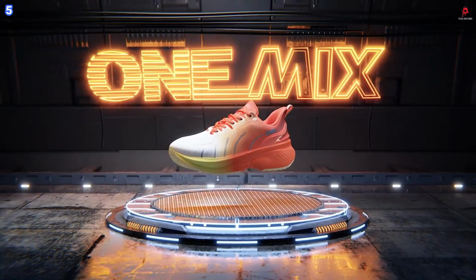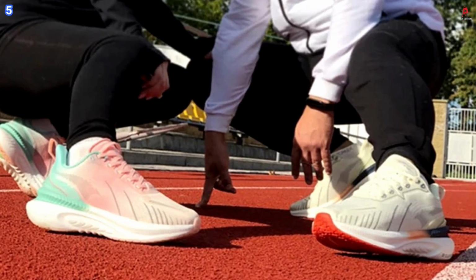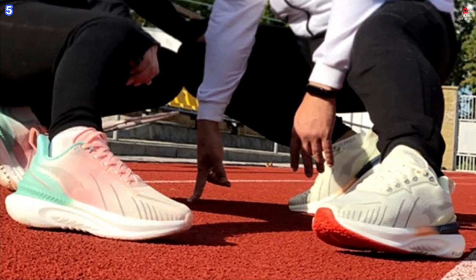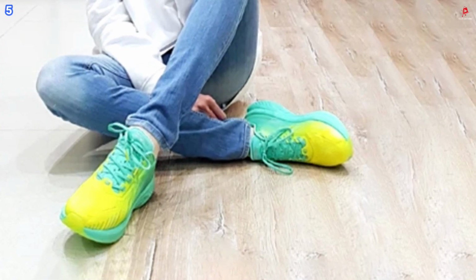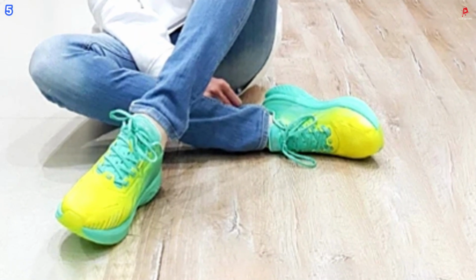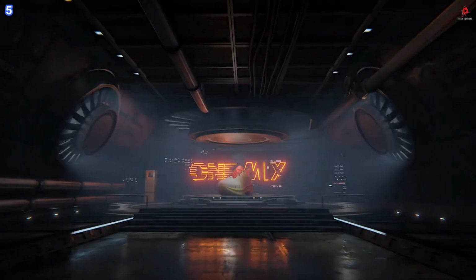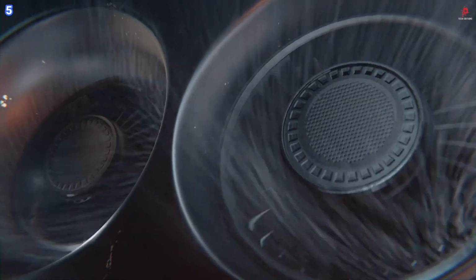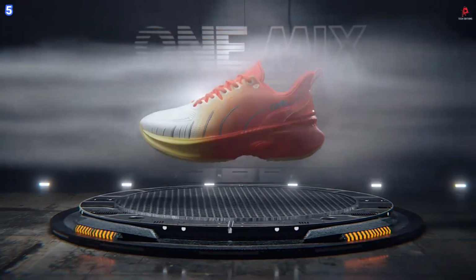ONEMIX running shoes are built to last. A carbon fiber plate embedded in the arch provides extra stability, and the vacuum foam midsole enhances cushioning for a soft landing with every step. Reflective 3M material increases visibility during night runs, while the shoe's versatile design makes them suitable for both beginners and